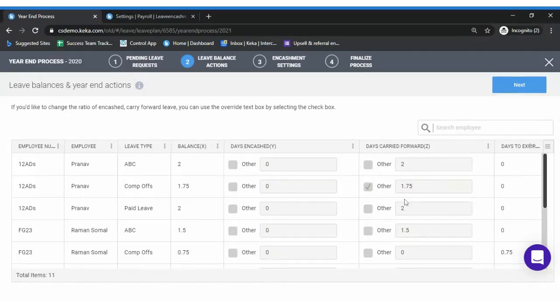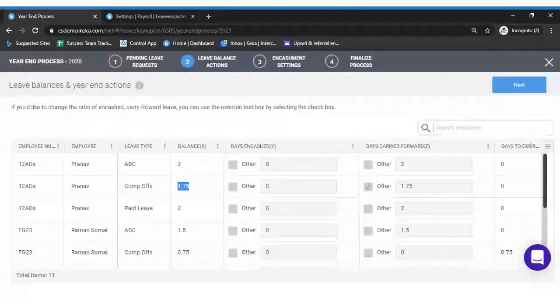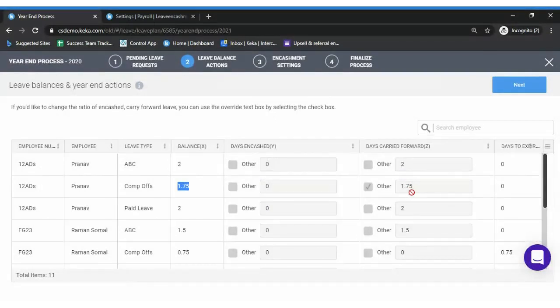Whatever overrides you do need to match the actual balance of the employee during the year-end process. As of date, let's assume the balance is 1.75. If you give 2 as carry forward, the system doesn't allow it because it will not match the employee's exact balance. You can manage those settings under leave balance actions.